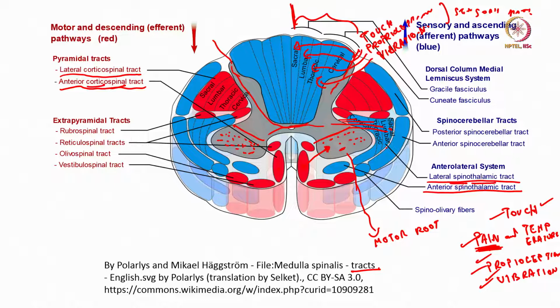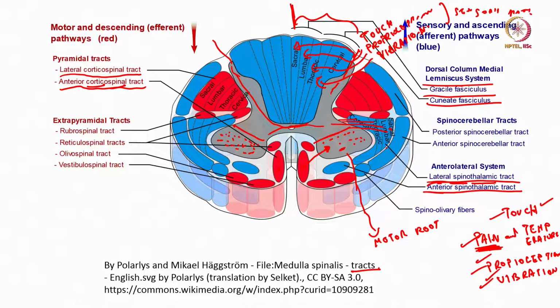Spinothalamic, so that is reverse. Spine is spinal cord and thalamus is up, and that is because it is pain and temperature. Then the dorsal column is the lemniscus system. Lemniscus is a laminar arrangement of fibers. So, there are two sets of fibers for the upper limb and lower limb. Now, if you notice, there are so many other tracts, it is very compact, very dense, and that